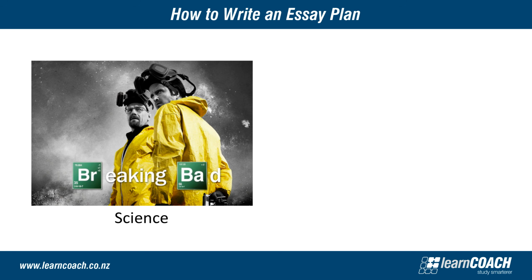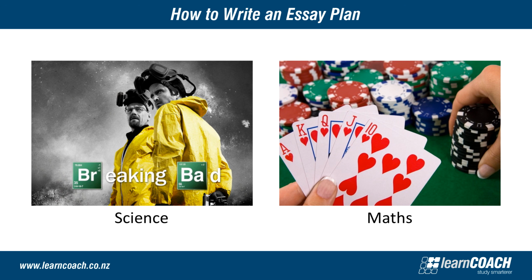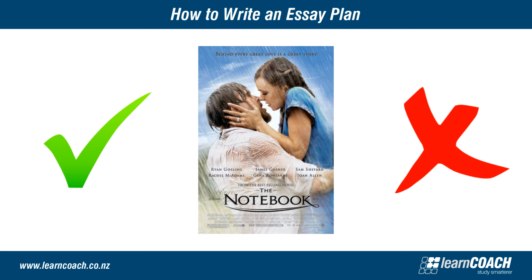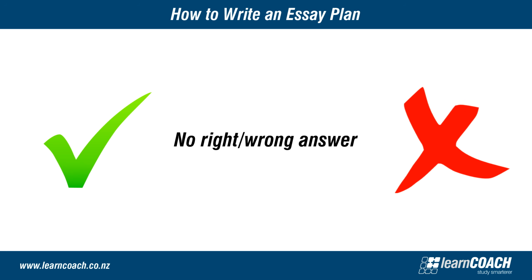Unlike subjects like science or maths, in English, you'll know there is no right or wrong answer, just like there is no right or wrong answer to what is your favourite movie, except for that. So how come an examiner can still mark you right or wrong? No, it's not because they're grammar Nazis, although some may well be descendants. It's because you're getting marked on how convincing you are.